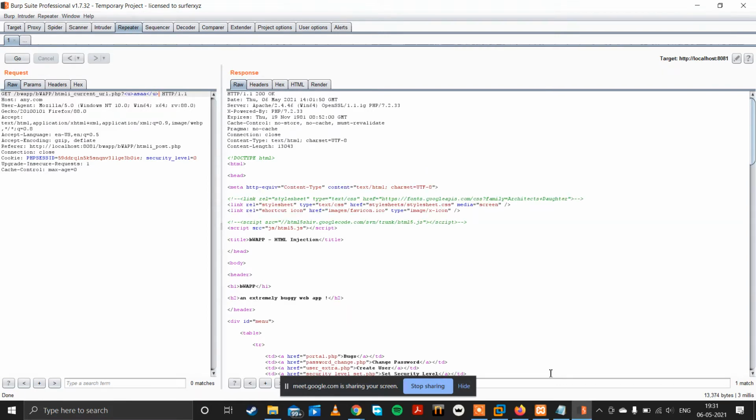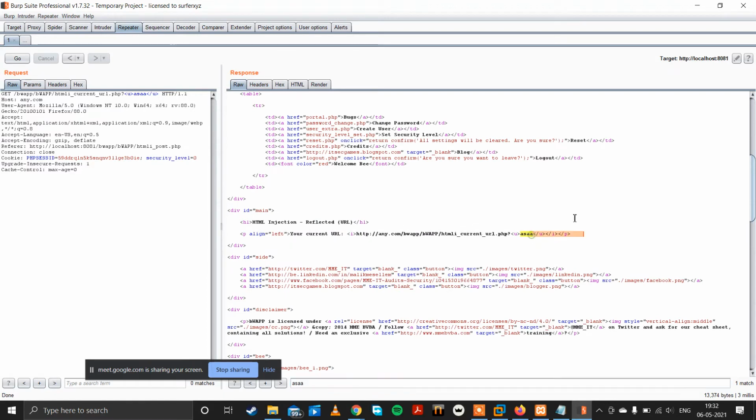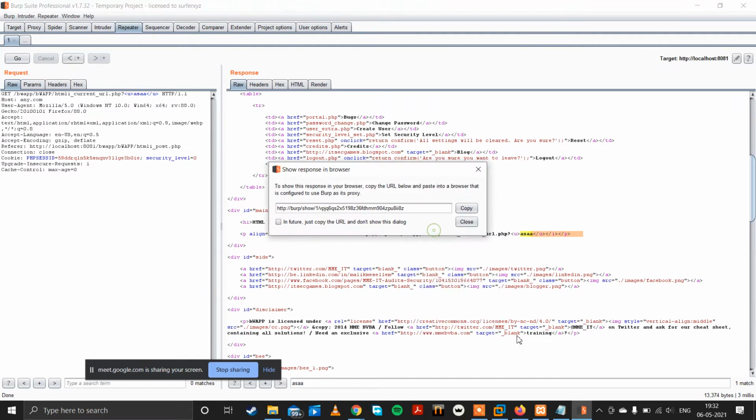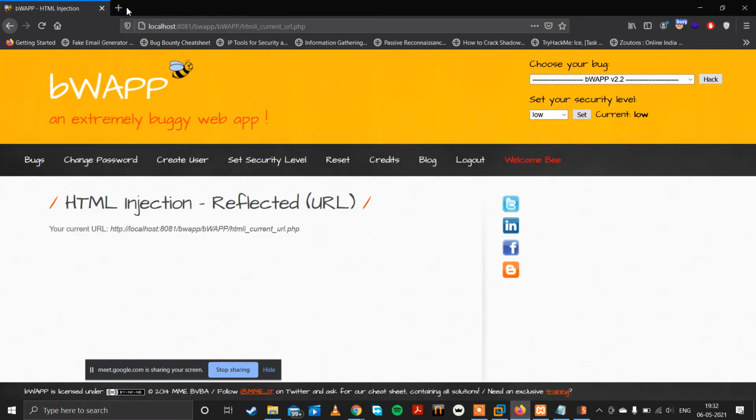Click and go. Okay, they are just underlining a ESA. See, this is reflecting. So response in browser, copy. See, they are reflecting what we give. So they are not sanitizing input. So what is the advantage that the attacker elevates when he